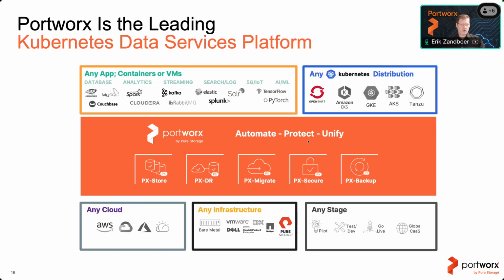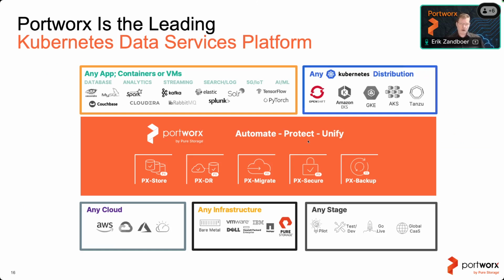It becomes really cool because now you can run any application, whether that's a container or a modern virtual machine, as we'll see later. You can run it on any Kubernetes distribution, and in this example, we'll be using OpenShift. It can run on any cloud because Kubernetes is Kubernetes, right? Once you can run in Kubernetes, you can also run in AKS, EKS.